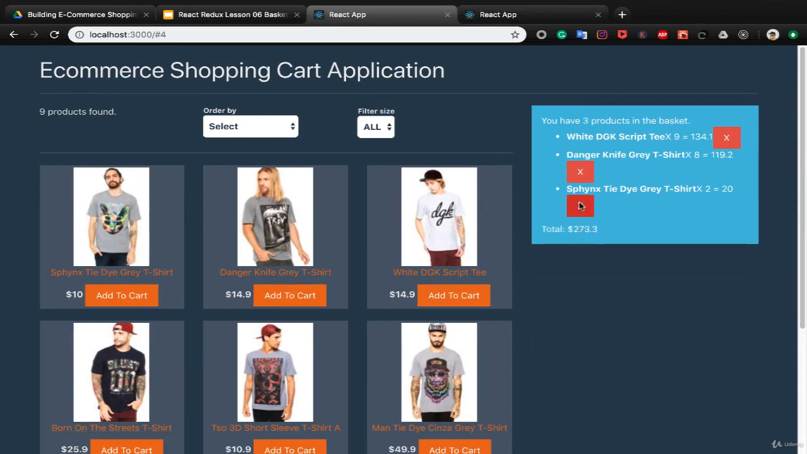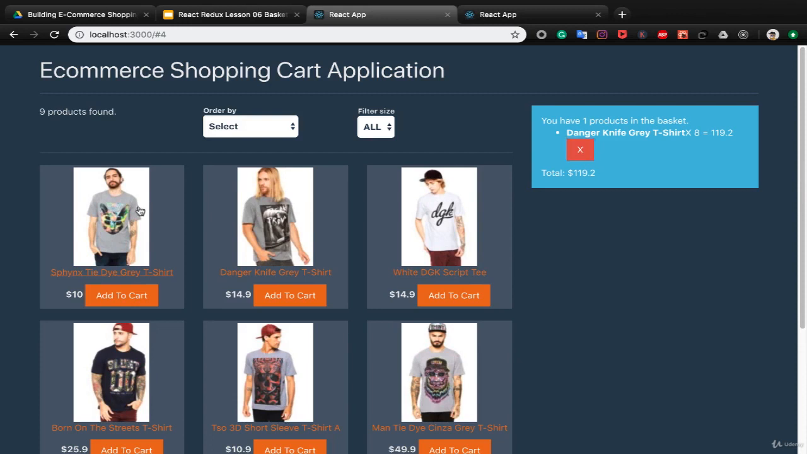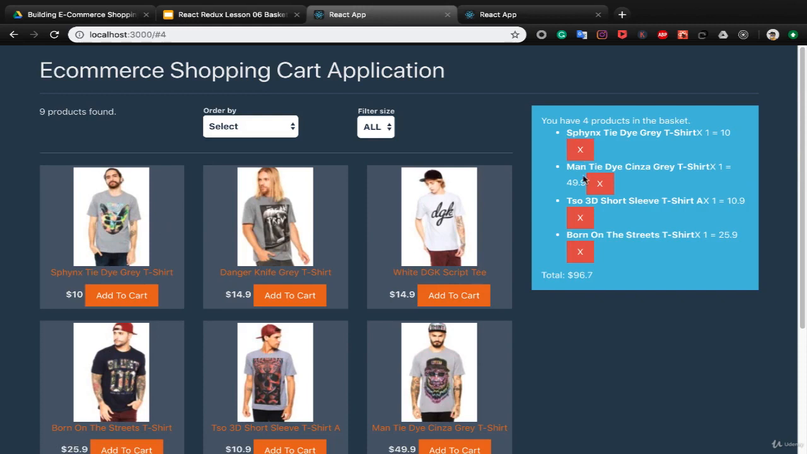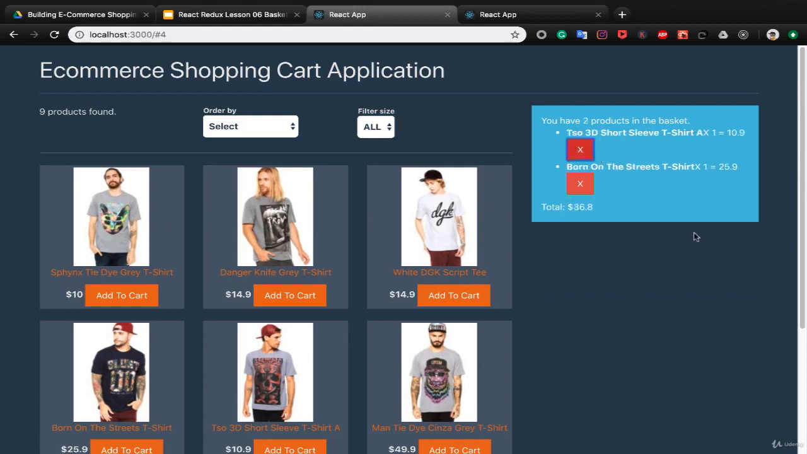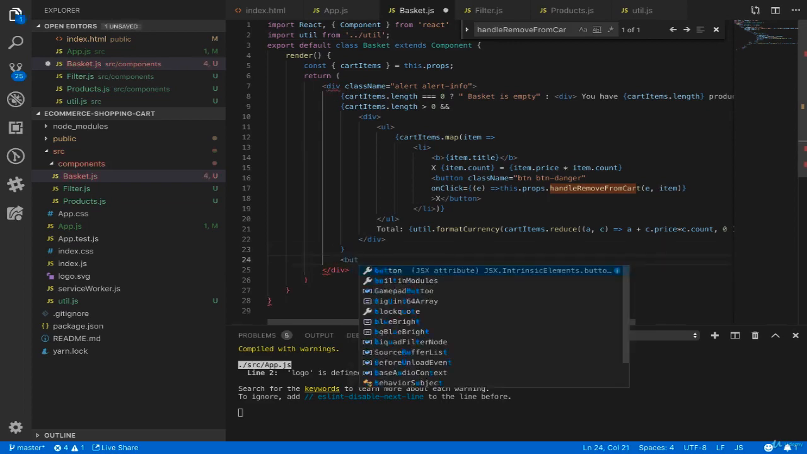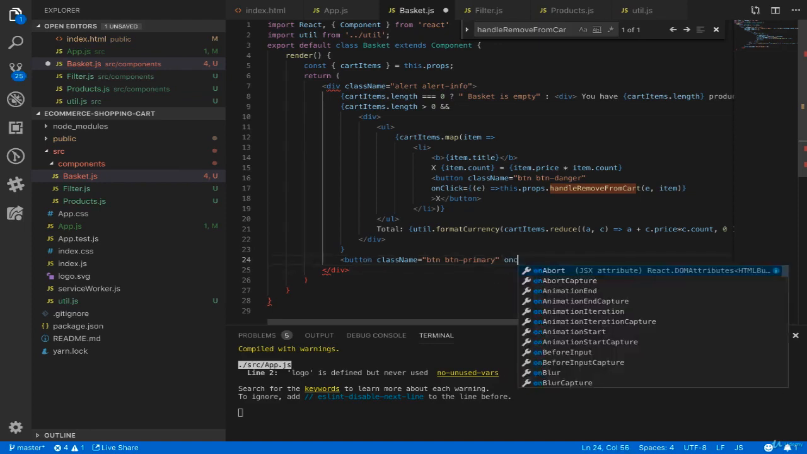That's it, all we did for developing the basket component, which enables you to add items to the basket and also remove from the basket. At the end, we just show a checkout button to continue the process. Button, className btn primary, and onClick